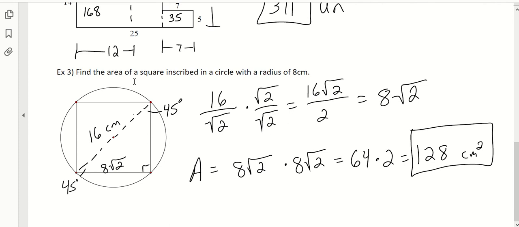Let me read the problem again, make sure I found what I was supposed to find. Find the area of a square, okay, inscribed in a circle with a radius of 8 centimeters. Area of that square is